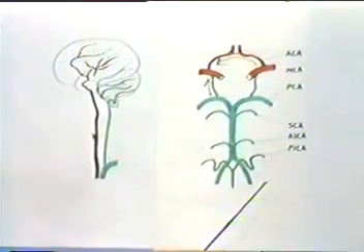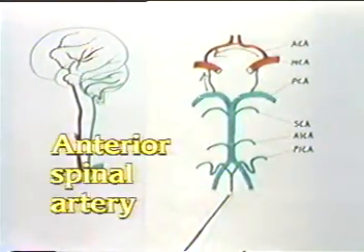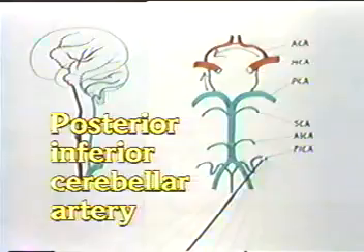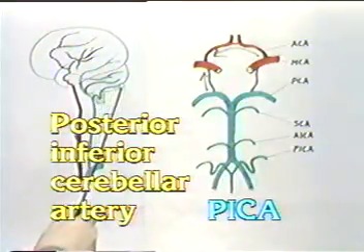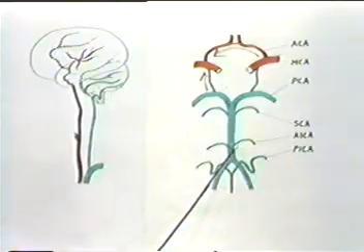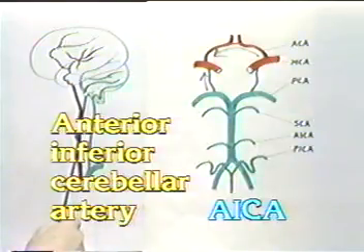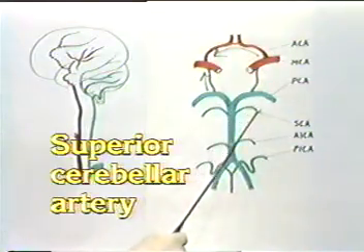We'll take a look at this drawing of the major arteries on the basal surface of the brain. We'll identify the different large arteries. This is the anterior spinal artery. The posterior inferior cerebellar artery, which makes this characteristic loop, this is PICA. The anterior inferior cerebellar artery, AICA. The superior cerebellar artery,